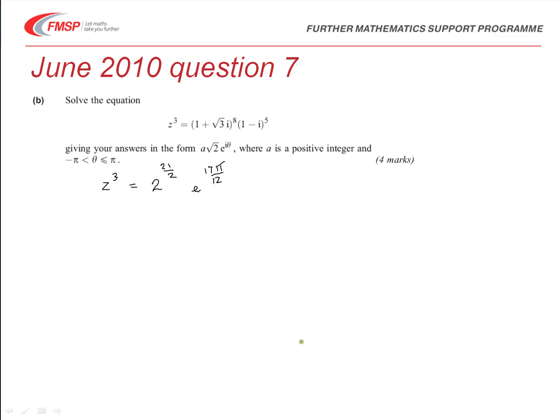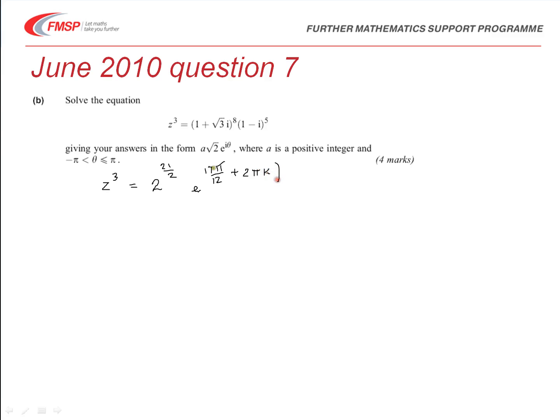Okay, now we've got to find z, we've got to take the cube root. Taking the cube root of 2 to the power of 21 over 2, we know we just have to divide this power by 3. Now to find the 3 possible roots, the angle part is a bit more difficult. So the thing we have to do is to remember that we can add on multiples of 2 pi to this part of the expression, and we still would have exactly the same point here. So here we can put 2 pi k